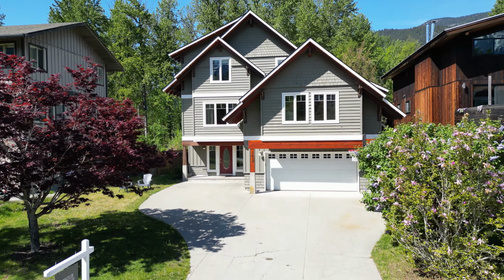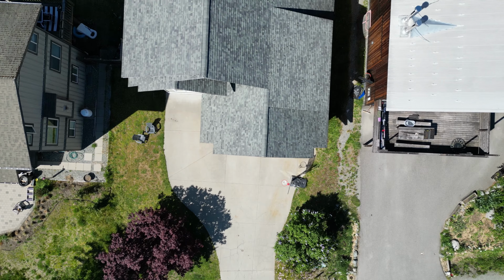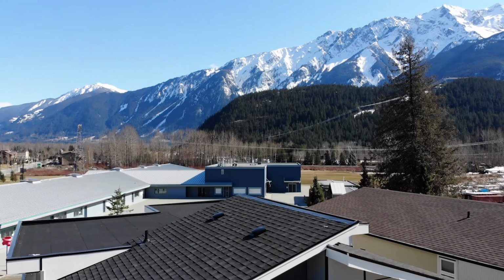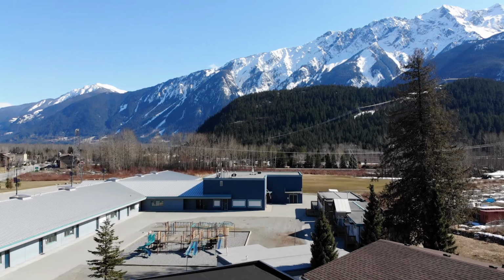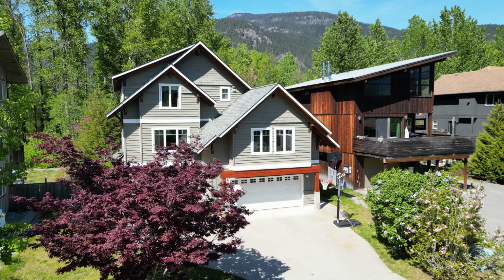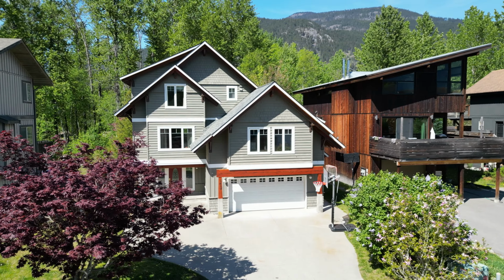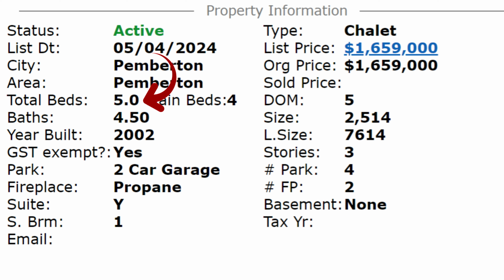So this home is on a nice dead-end street right in town. You're really close to the high school as well as downtown, and there's also a big field across the way for the high school, and you've got some nice hiking and biking trails all around this particular zone here on Alder Drive. So the home itself is a grand total of about 5 bedrooms, 4.5 baths, built in 2002, 2,500